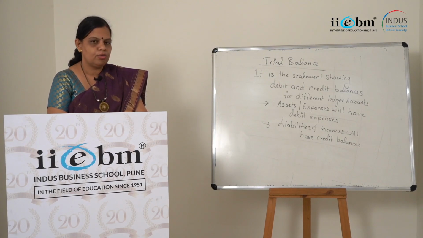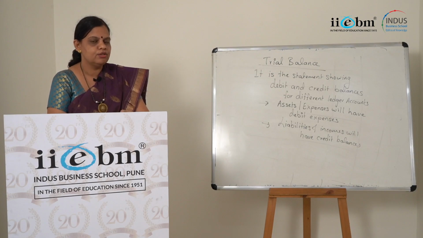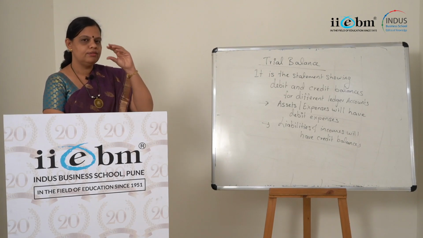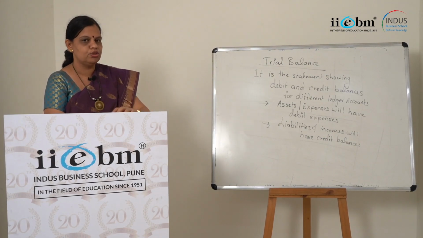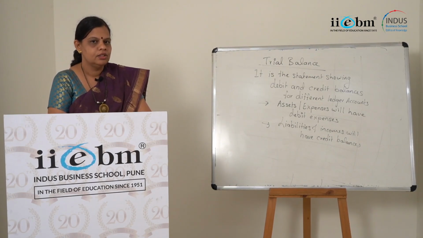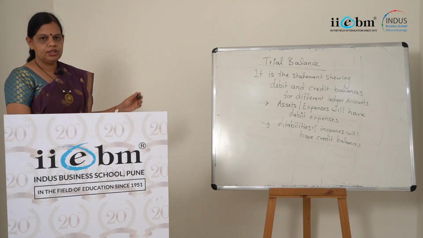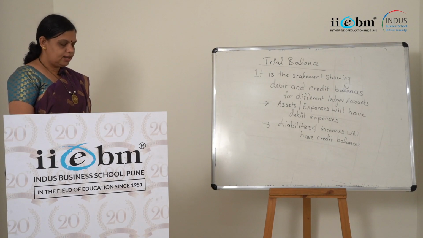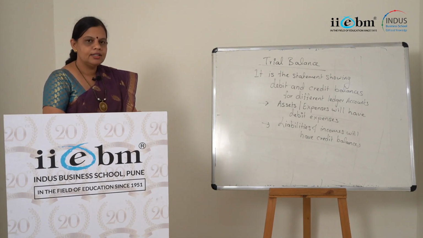Now let's solve one problem. The previous problem which was given, you have to do as homework, because you have to open different ledger accounts and then do the balancing. Now I'll take one small problem so that I can show the answer on the board and you will understand right from journal entry to trial balance. So you write down these 3 points related to trial balance and then we can proceed.